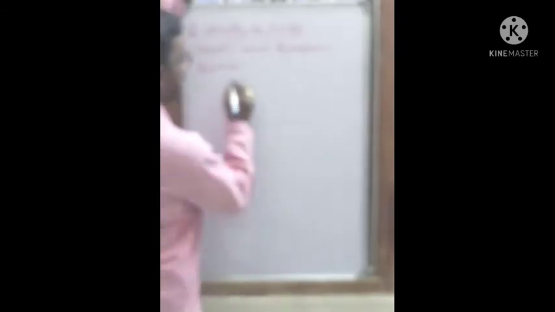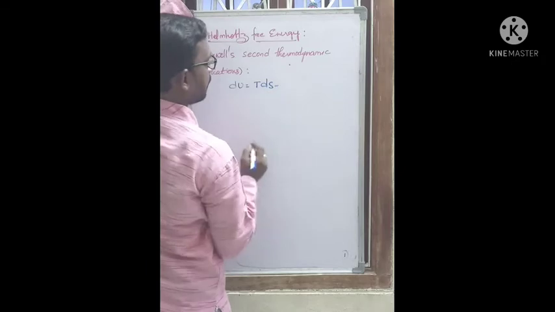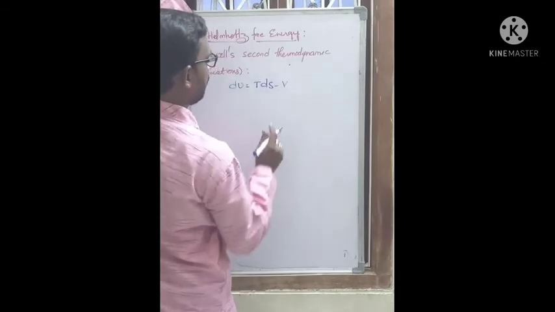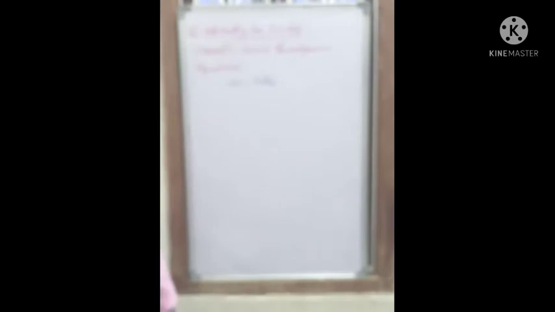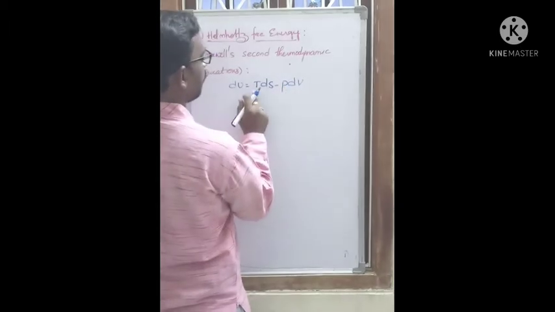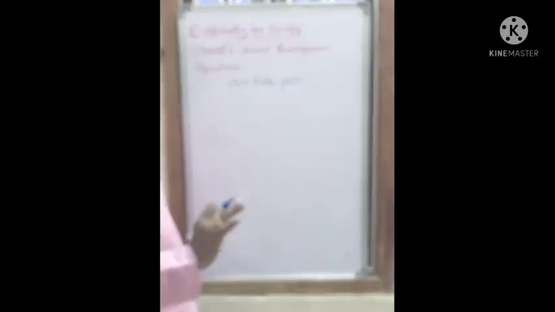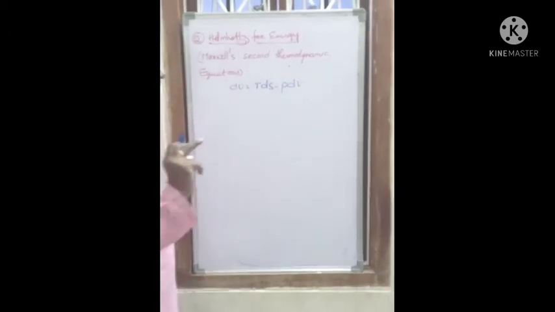Just now we got that dU equal to TdS minus VdP, right? dQ is equal to TdS minus dU equal to TdS minus PdV, right? dU equal to TdS minus PdV. Understand? Now see there, here you have to observe carefully.